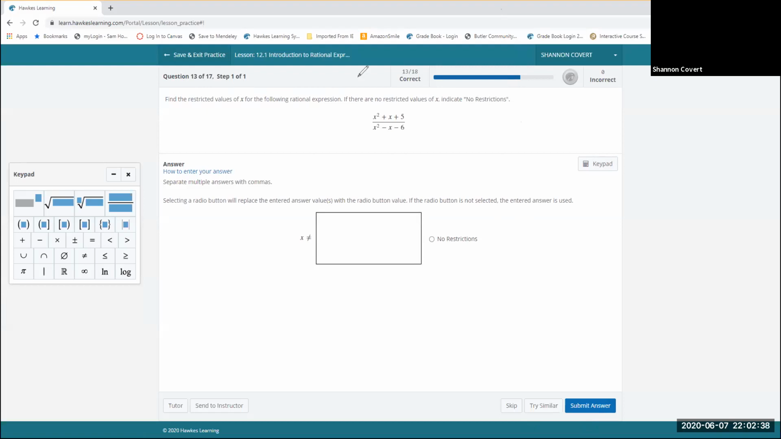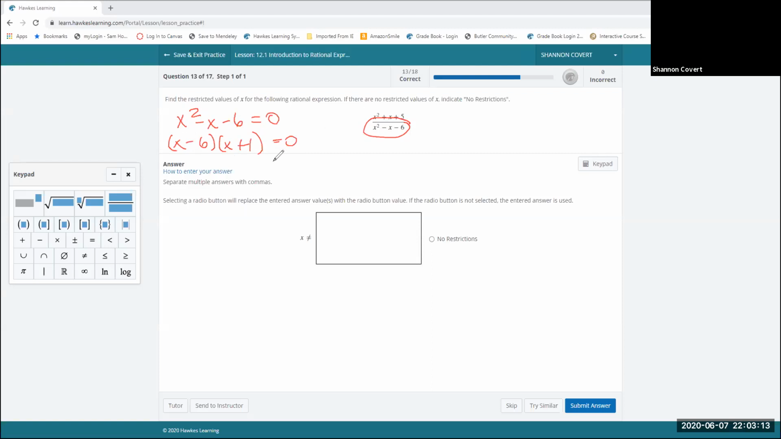So this problem is just finding those restrictions, just focusing on the denominator. My rational expression is x squared plus 5 over x squared minus x minus 6. But I only need to worry about x squared minus x minus 6 and what that looks like when it equals 0. I have to factor it. So I'm looking for two factors of negative 6 that give me negative 1. That will be negative 6